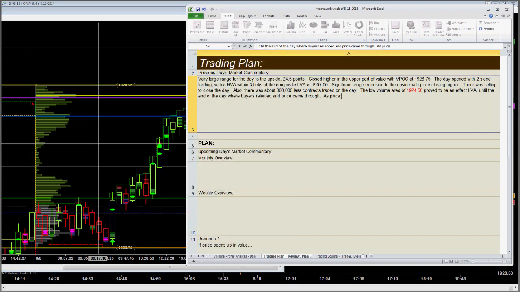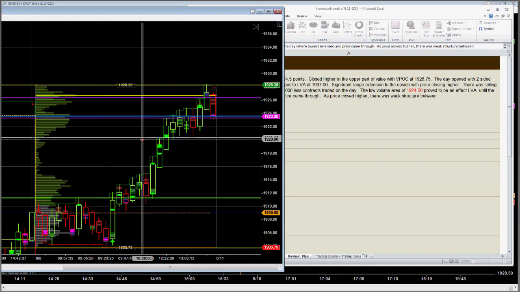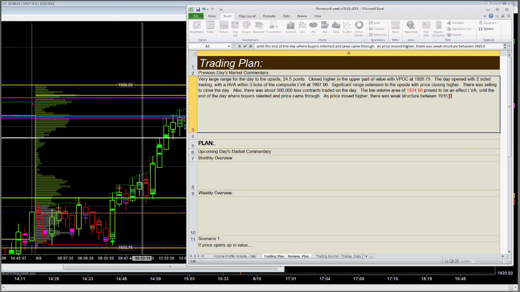So as price moved higher, there was weak market structure between 19.15 and 20 and a quarter. If price moves below 19.20 and a quarter,